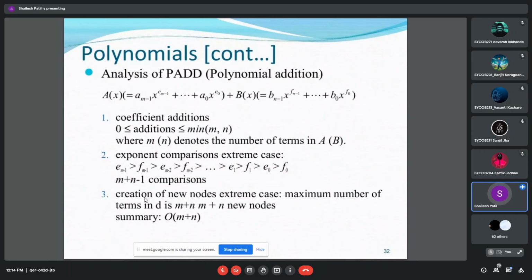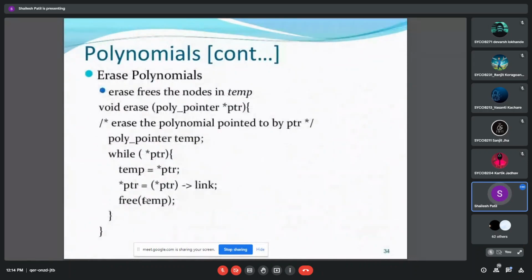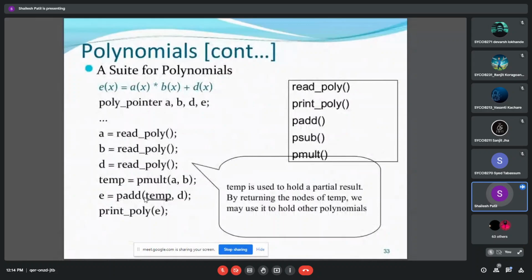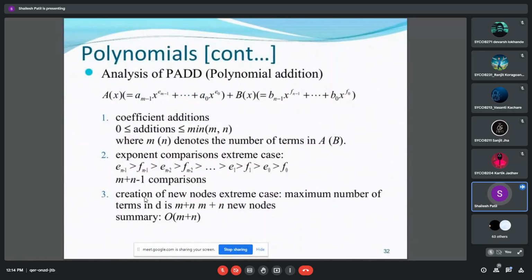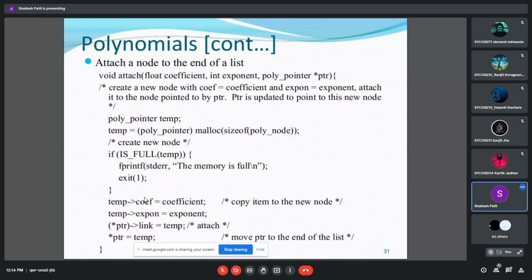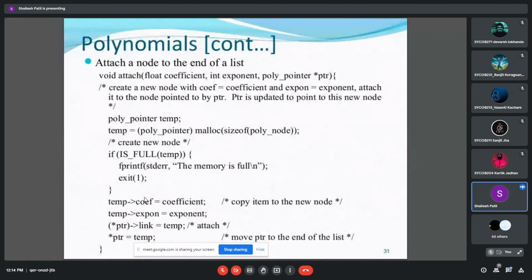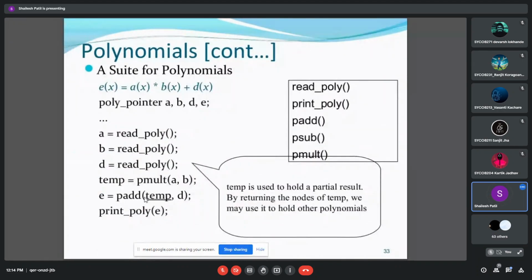So this particular thing we have to perform. In the next lecture, we'll go through the program for this multiplication part, and see how to do the multiplication of polynomials.